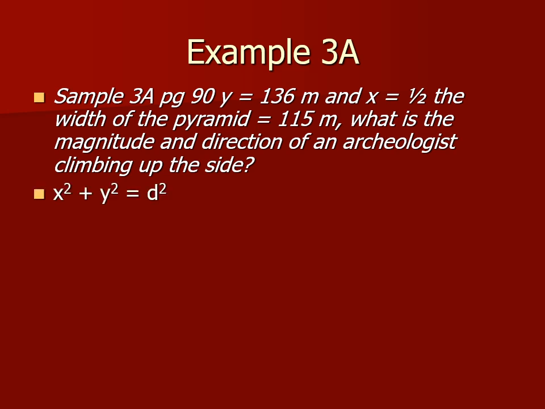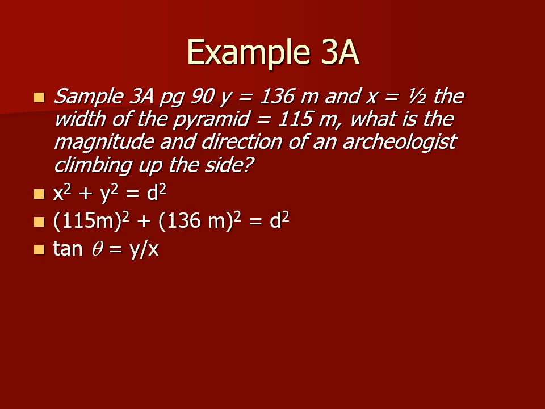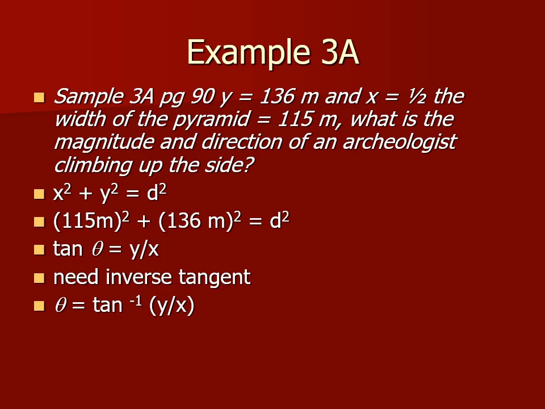Well, because we have the height and we have the width, then we can actually find the length of the side of a pyramid. And plugging the numbers in, you can find, obviously, square root to find the displacement squared, or the square of the displacement. If you want to find the angle, because we know both the opposite and adjacent sides, we can use the inverse tangent function. And that would give us the angle of the pitch of the side of the pyramid. And that would be a little under 50 degrees. So that would be, at least with these numbers, a fairly